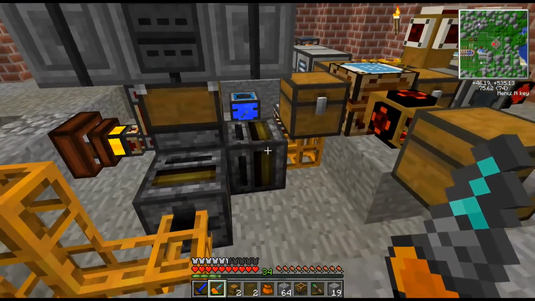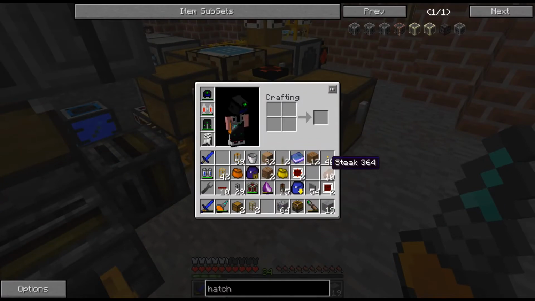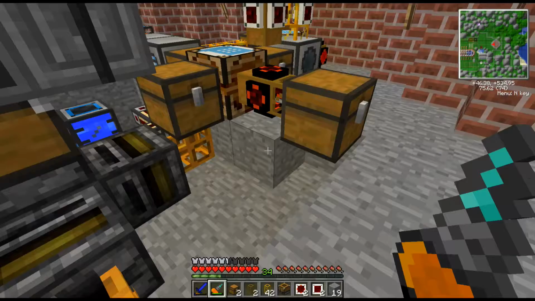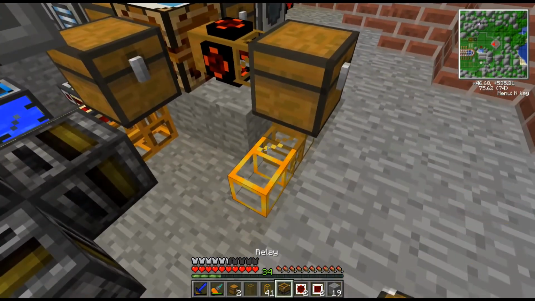And we don't need bluetricity and stuff like that. Let's see. So now we're going to be setting up this piece again, right? Let's see. We've got our gates. We do need that relay. We also need some golden transport pipes. Okay, so let's hook this up again. There's going to be a wooden transport pipe there, and then the...